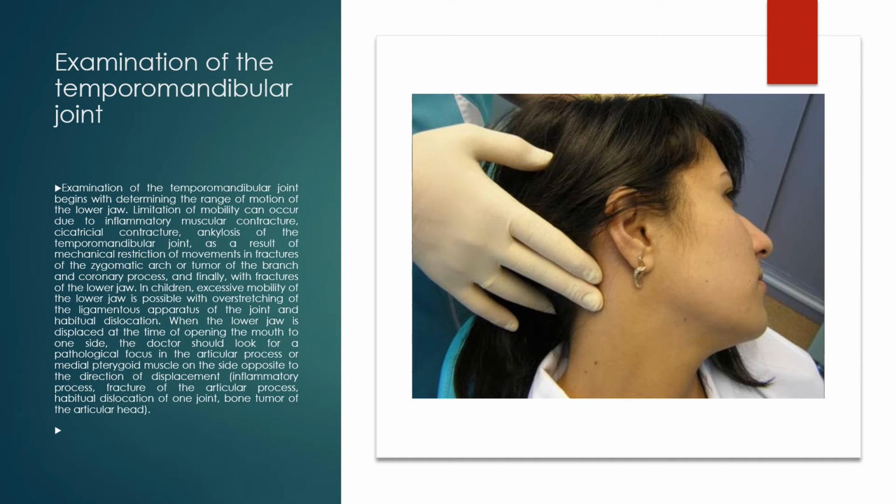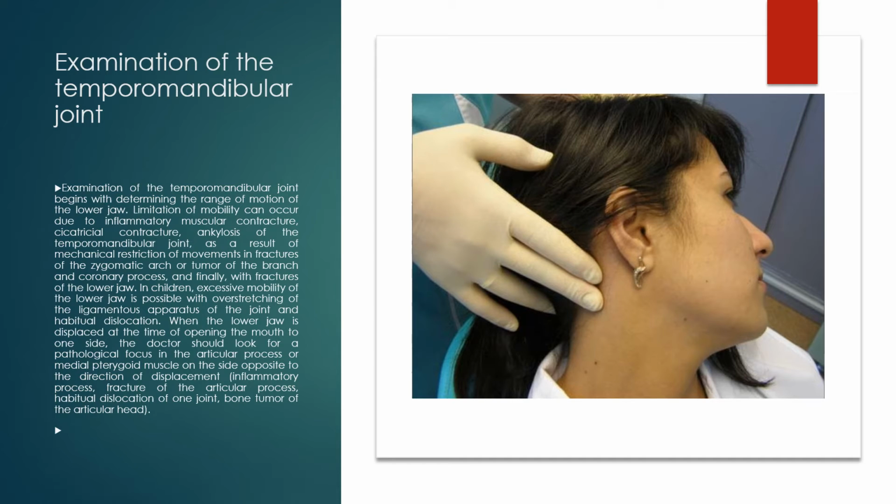Examination of the temporomandibular joint. This begins with determining the range of motion of the lower jaw. The limitation of mobility can occur due to inflammatory muscular contracture, ankylosis, and different inflammatory diseases. It can also happen as a result of mechanical restriction of movements due to the fracture of